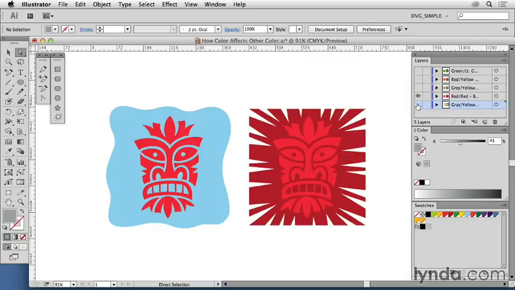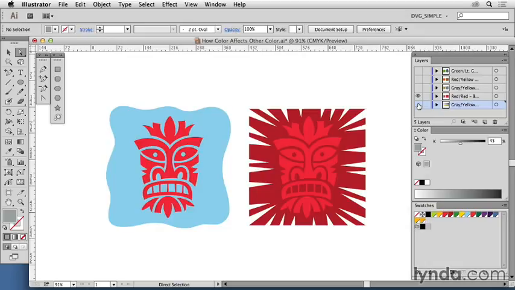Now we're going to switch to this tiki guy. Both of these tikis are colored using the exact same red color value. They're the exact same hue. But yet, when you look at it right now, the tiki looks darker and cooler on the light blue background. And then when you look at the tiki on the right, on a darker red background, the tiki looks lighter and warmer. So once again, color is playing a big part in how it relates to another color,